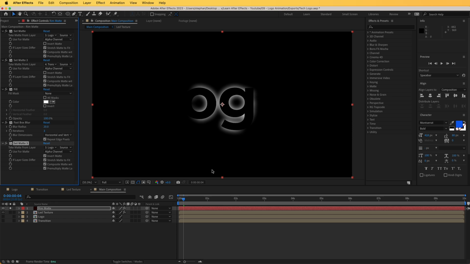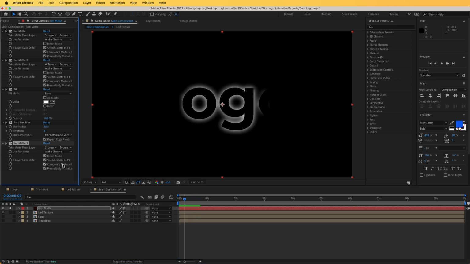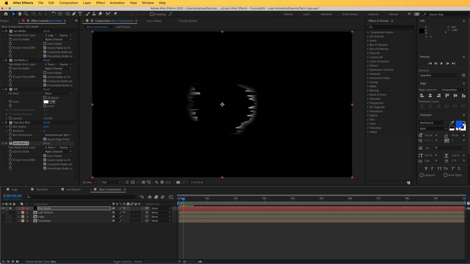And like that, you can see that we have this cool edge glow going on in here. And if we change this from logo to transition, we can see that that changes to just this edge that happens with the transition. Great, so I like how this is looking, but I'm going to add some more detail